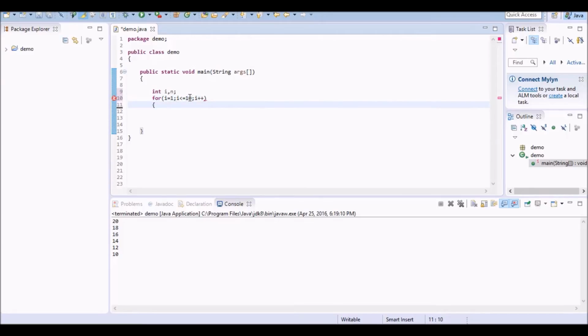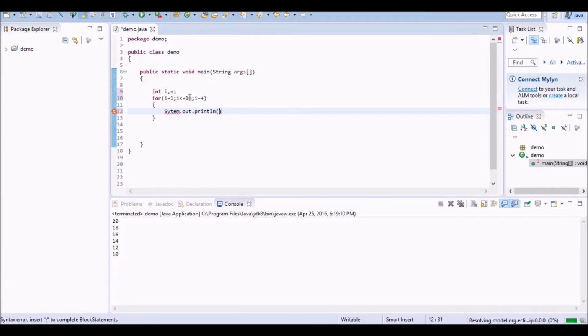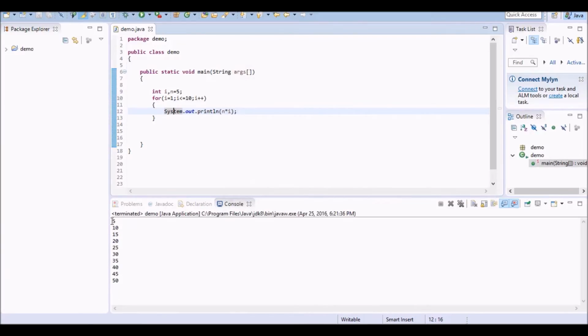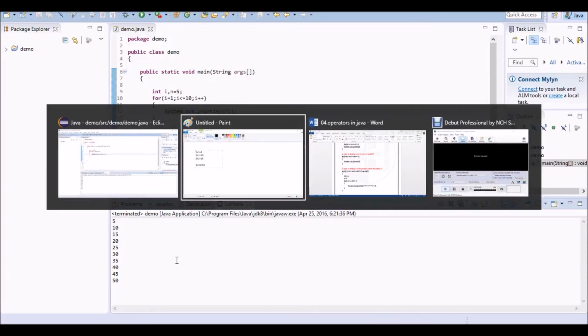Now what we have to do, System.out.println of n * i. Okay. Here we have not given anything to n, so we will assign n = 5. So what will happen? Let us check. Okay. This is System. Now let us see. Now see here, RHS values are printed,